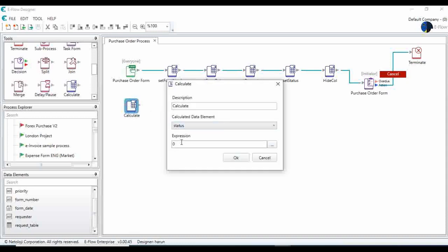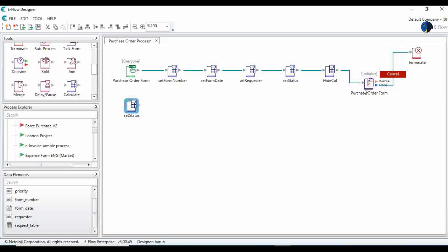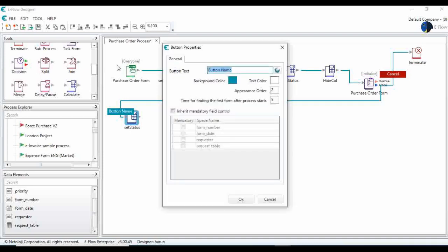Let's say the status is: purchase order has been submitted, and let's say set status. Then I will just submit this form,